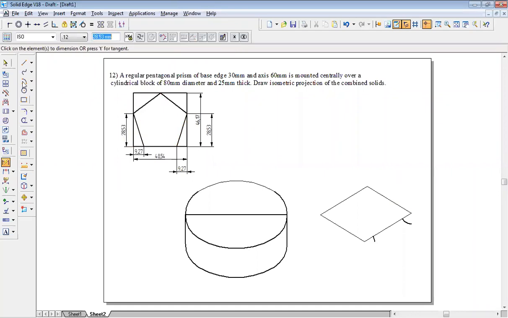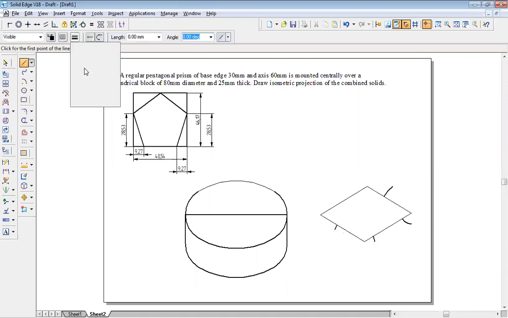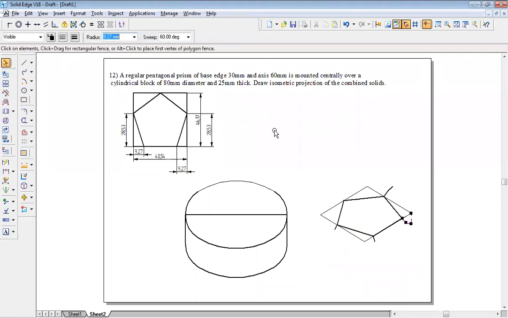28.53 itself. Go to arc by center point method. On 2 to 3, type 28.53, enter, cut an arc. Same thing on 4 to 1, again 28.53, enter. There's one more arc to be drawn, right? So once this is done, go back to line command, increase the thickness to 0.5 and start connecting it. Here to here, this side it's a midpoint, here to here, and close. Okay, so this is how you construct pentagon of 30 mm sides in the box.